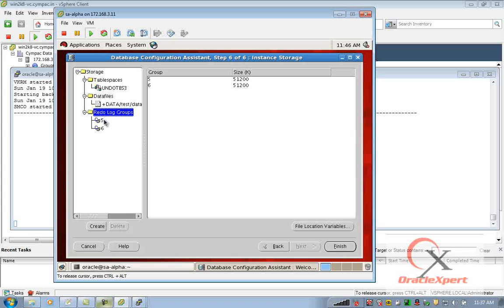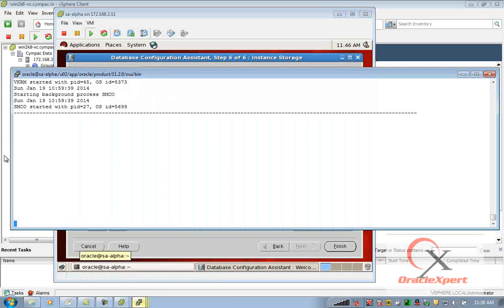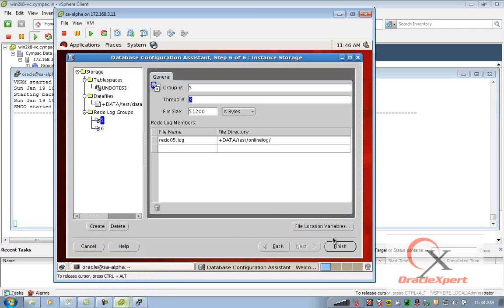And then it's going to add redo log groups 5 and 6. What is interesting is they are part of thread 3. So it's creating a 50 MB log file. Let's say finish, and then we'll observe what comes up in my alert log. Once I say finish here,